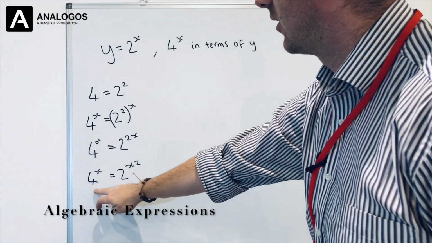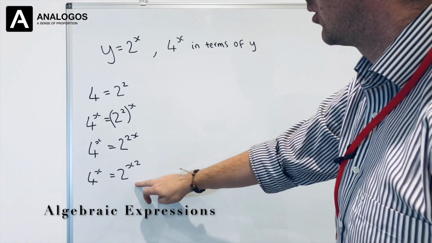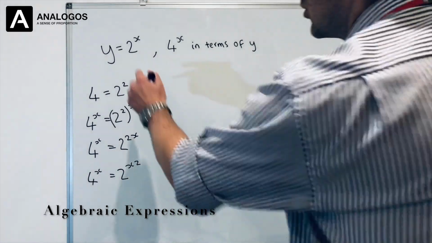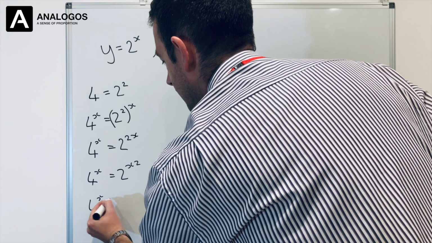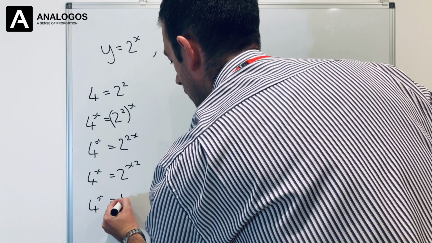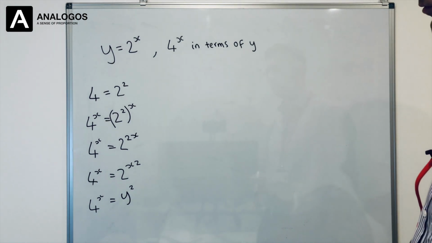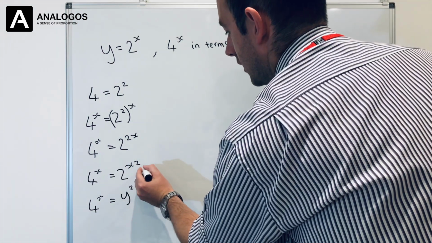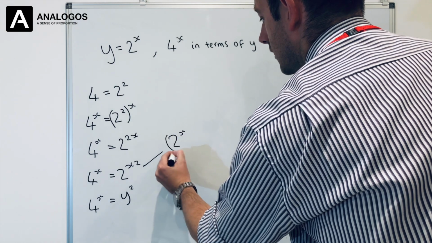We have 4 to the power of x on the left hand side. We've got an expression for y. We've got 2 to the power of x, 2 to the power of x. So if we substitute the value for y in here, that's effectively y squared. So if I take that over here, that's the same as 2 to the power of x